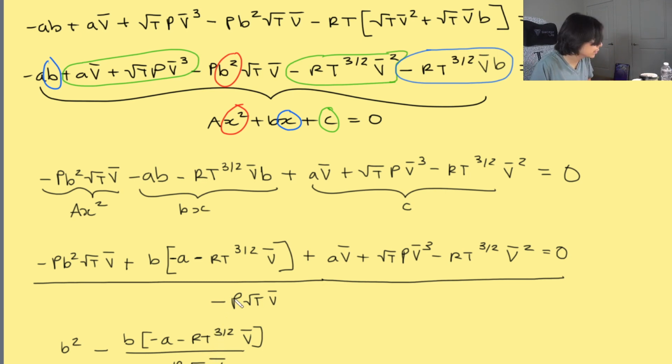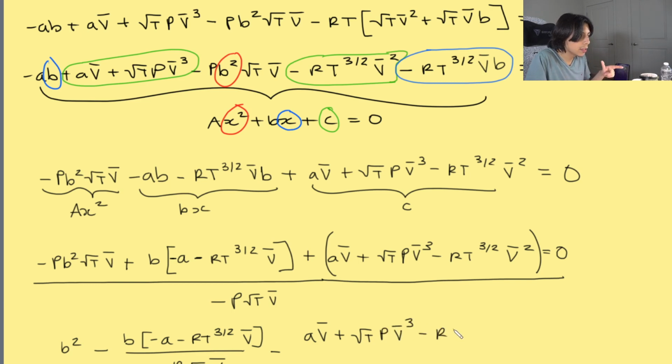And that's what I did here. Perfect. And last but not least, distribute it to all these signs. I'm going to put parentheses here because we know that's part of that c term. So I'm going to do all of that over negative p square root tv bar. And again, that negative goes in front of everything because that's the way the algebra works. So av bar plus square root of t pv cubed, pv bar cubed minus rt to the 3/2 v bar squared all over